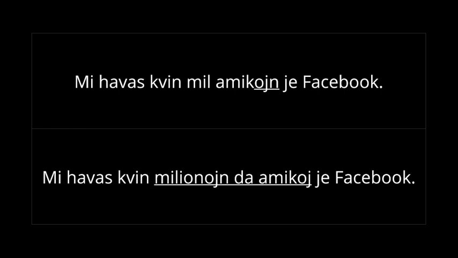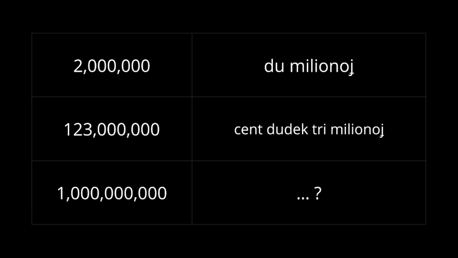So I have 5 millions. 5 millions of friends on Facebook. Mi havas kvin milionojn da amikoj. Amikoj is plural, but it is not the direct object of the sentence, and therefore it doesn't receive the N. Miliono receives the N. So if I have 2 million, I have du milionoj, because I have more than 1